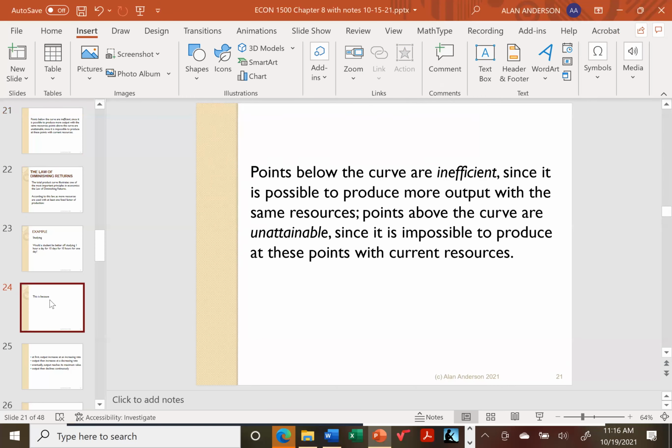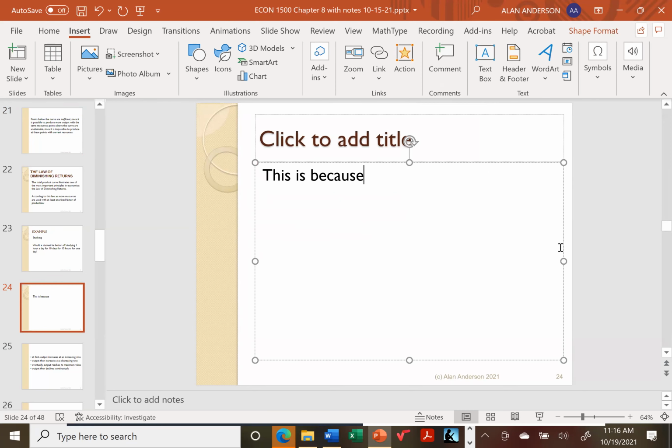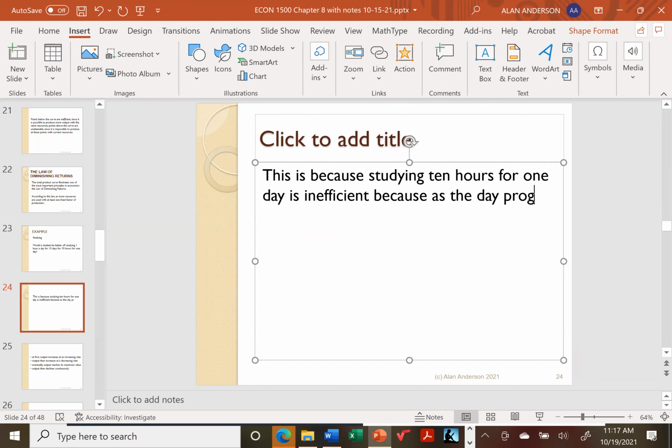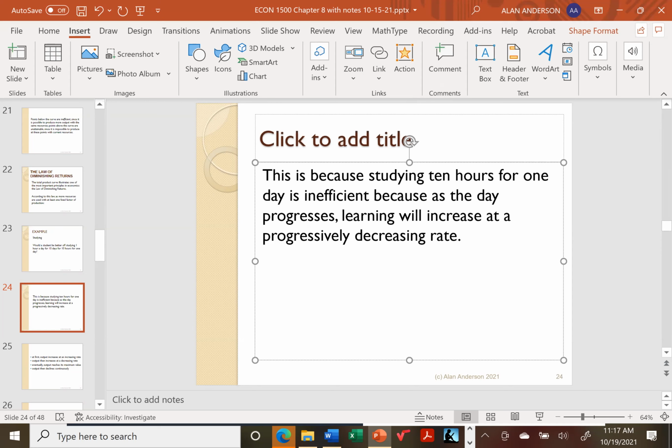It's because it will stay in your long-term memory bank. Okay. Well, in economics terms, what we're getting at here is studying 10 hours for 1 day is inefficient because as the day progresses, learning will increase at a progressively decreasing rate. In other words, what's going to happen is you're experiencing the law of diminishing returns because let's face it, let's